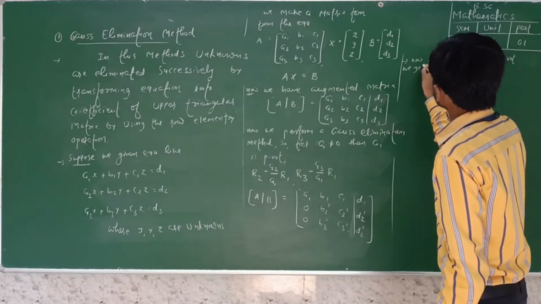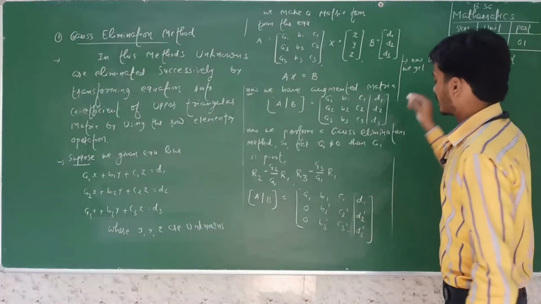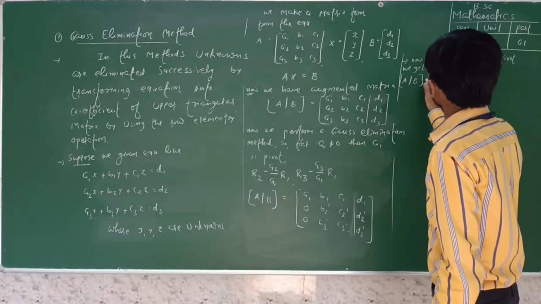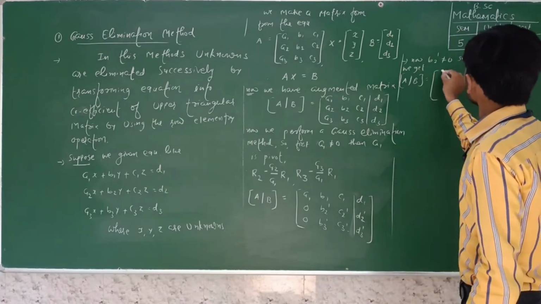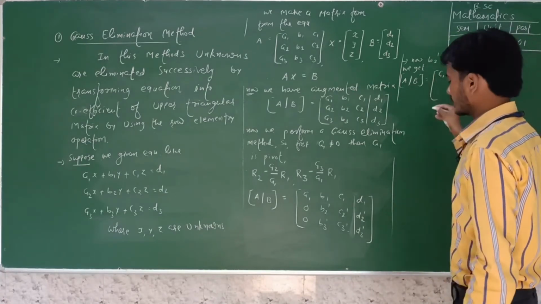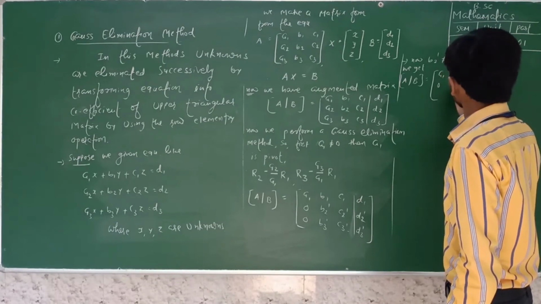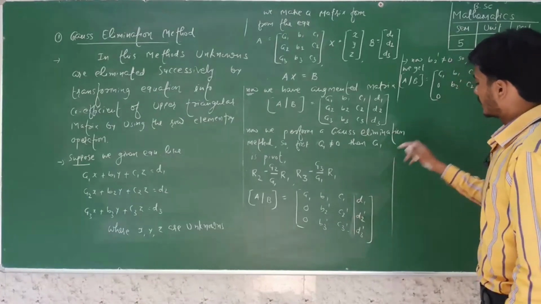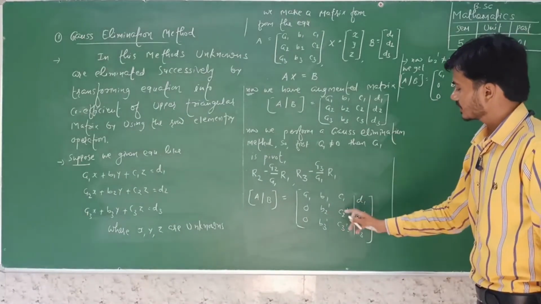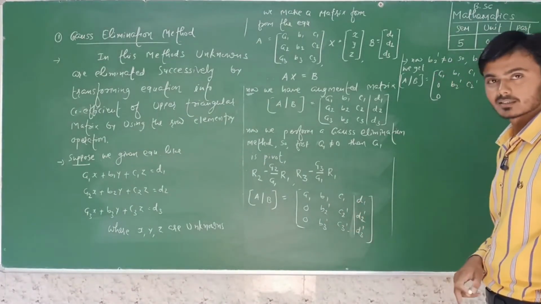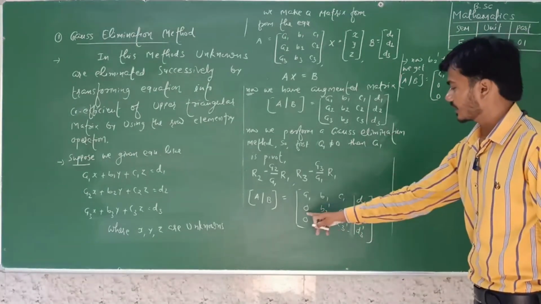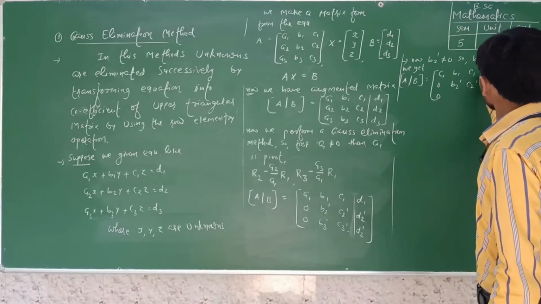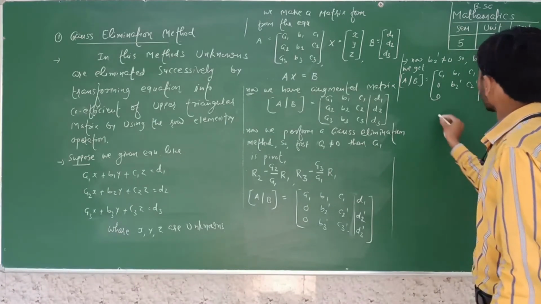Then we get an augmented B matrix. The first row is the same as it is, the second row as it is: 0, B2 dash and C2 dash, and the third row 0, B2 dash. By what value do we multiply to make this 0? B2 dash, that is, we have to multiply the second row. By which value will we multiply?